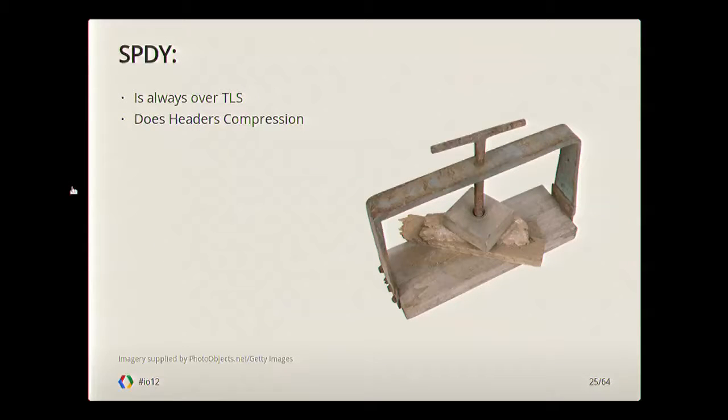Speedy does header compression. So if you've ever looked at the HTTP request stream, for instance, you've brought up the dev tools in Chrome, you will see that a lot of headers. And it's a lot of text. And you will see that most of the stuff is repeated over and over and over again for every request. As an example,